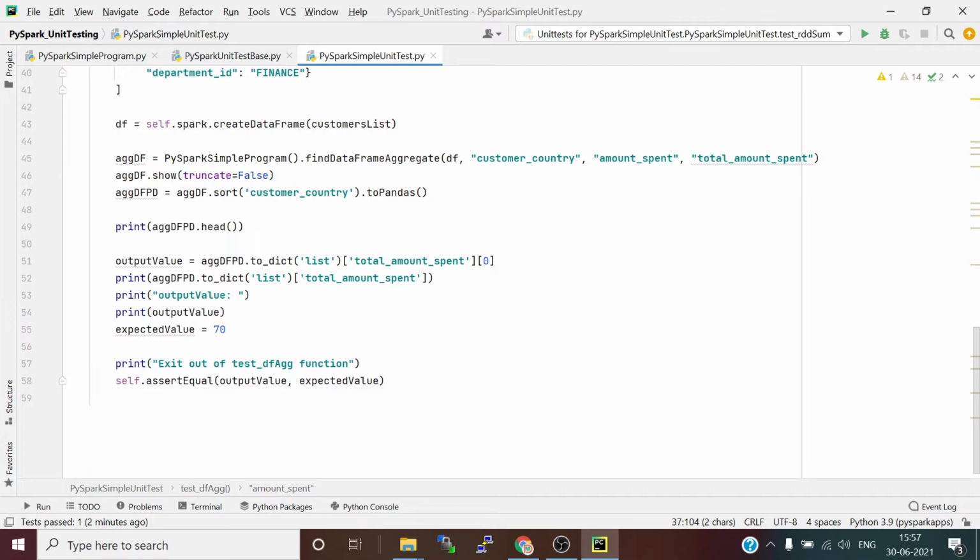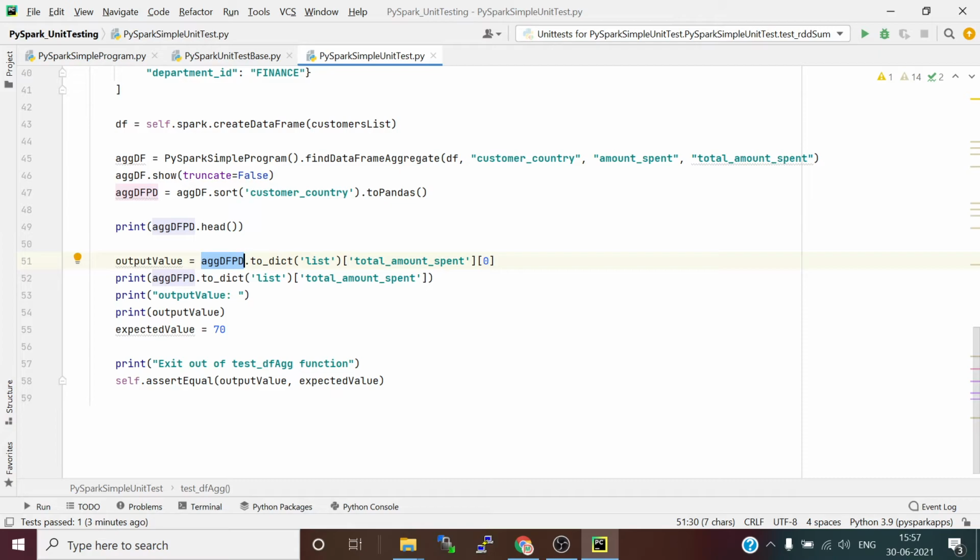From the aggregate data frame you can convert this into a pandas data frame. So after sorting, you convert it to a pandas data frame. In the pandas data frame, you can convert it to a dictionary with list orientation.